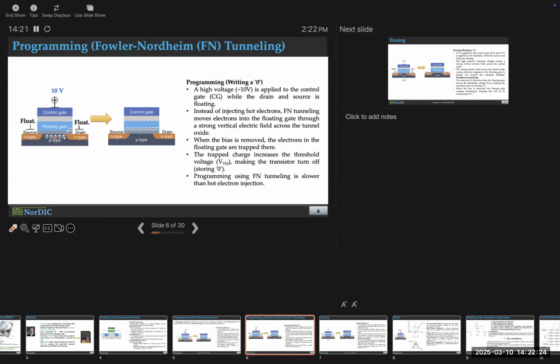The hot electron approach is faster, but we have to use them for certain scenarios, and I'll probably get into that at some point. But now there are two ways to do it, using hot electron based injection or Fowler-Nordheim tunneling based injection. Both are tunneling, by the way. One of them is hot electron tunneling, and the other one is Fowler-Nordheim tunneling. Okay, so